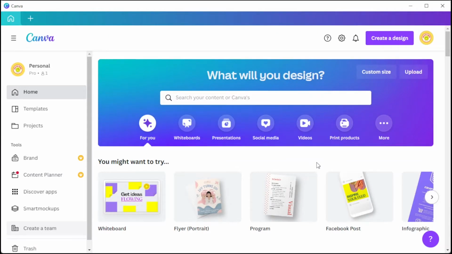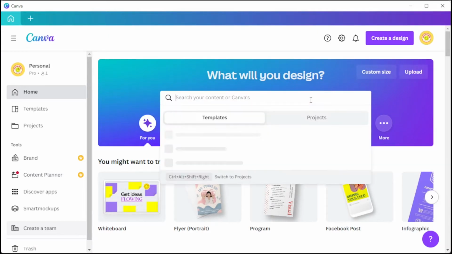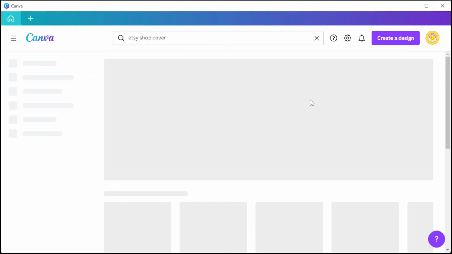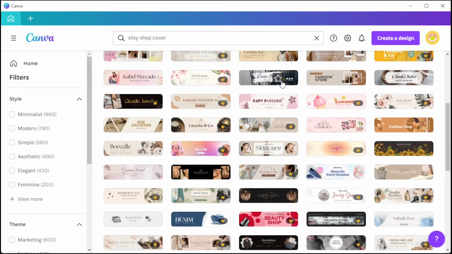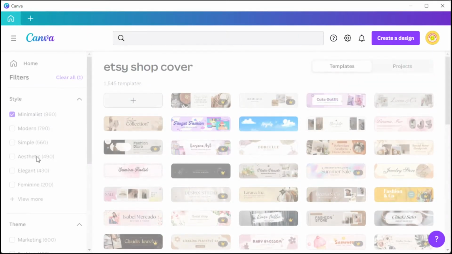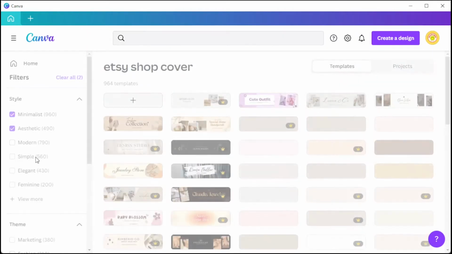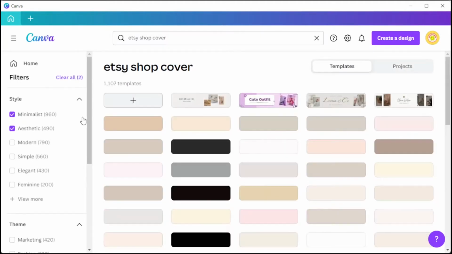First, open Canva and in the home page, type in the keyword Etsy shop covers in the search bar if you would like to customize one of the thousands of available shop cover templates in Canva's template library. To choose the right design for you, you can simply enable some of the filters on the sidebar to narrow down your choices. You can also start from scratch by clicking on the blank template option at the first row